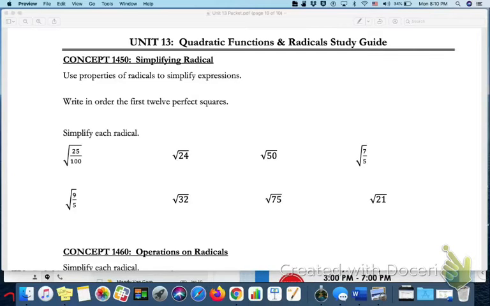Unit 13 Study Guide. On the first part, it's asking you to simplify radicals. So you would need to know those first 12